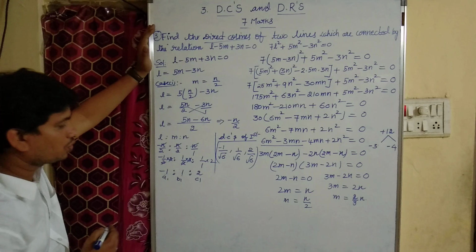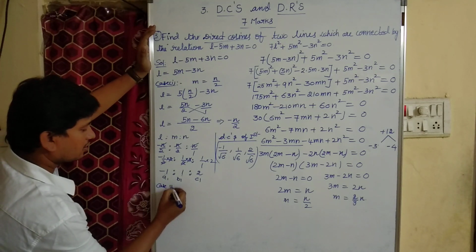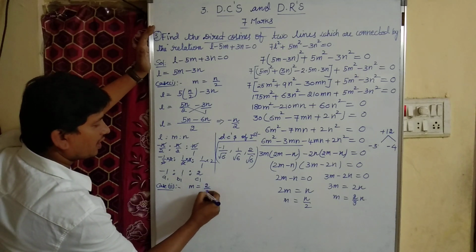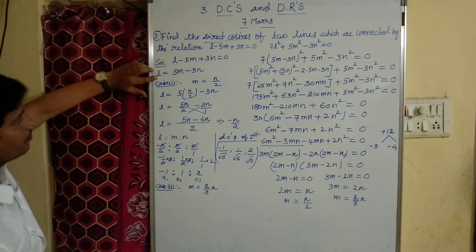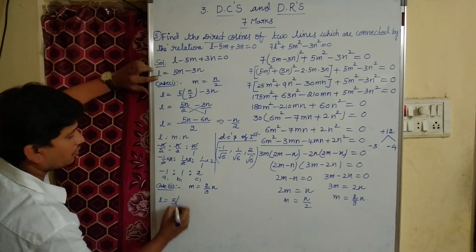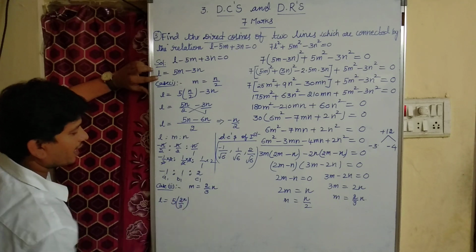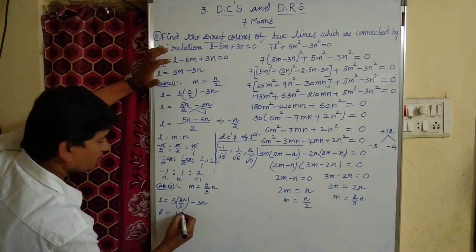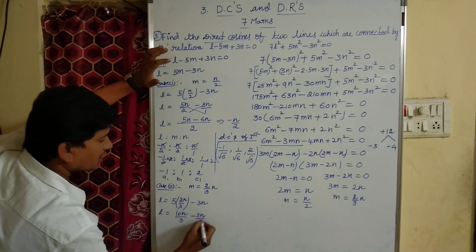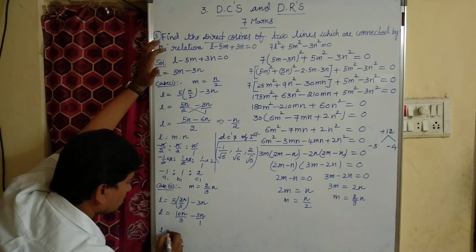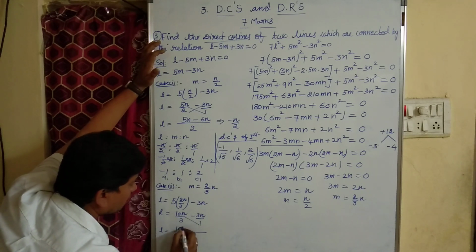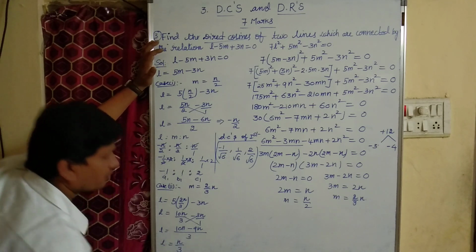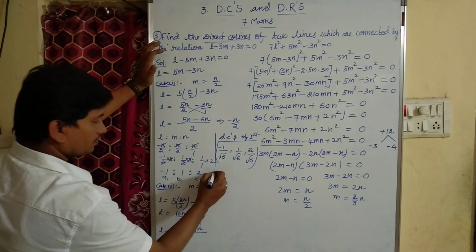Now let us find case 2, as m equal to 2 by 3n. Okay, children. So let us now find the l value: 5 into 2 by 3 into n, that is 2n by 3 minus 3n. So l equal to 5 2s are 10n by 3 minus 3n, nothing in the sense 1. So l equal to, LCM 3, 1 into 10n, 10n, minus 3 3s are 9n. So 10n minus 9n, that is equal to 1n. So l equal to n by 3.